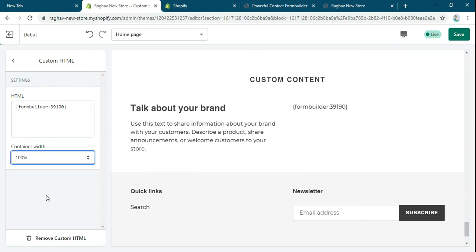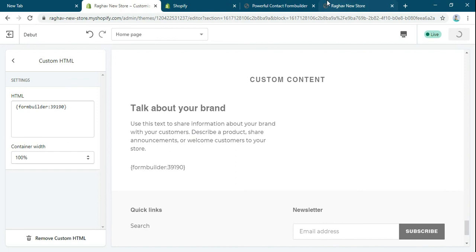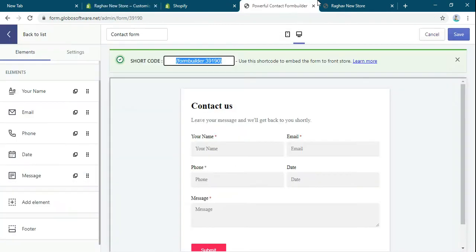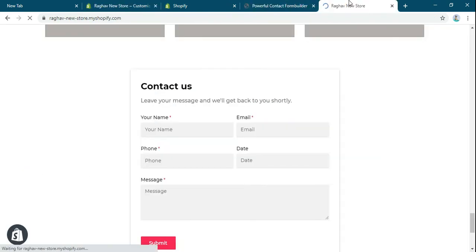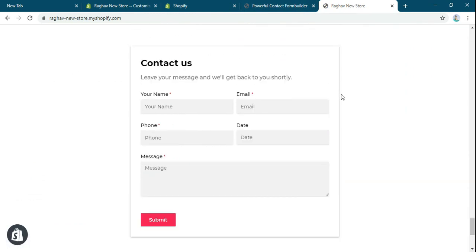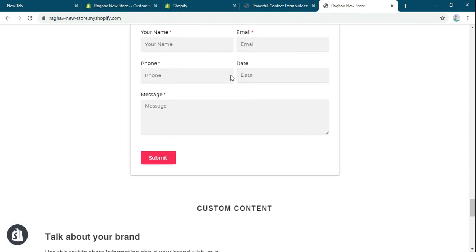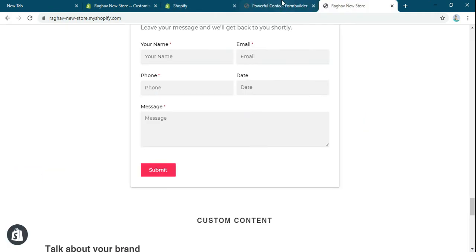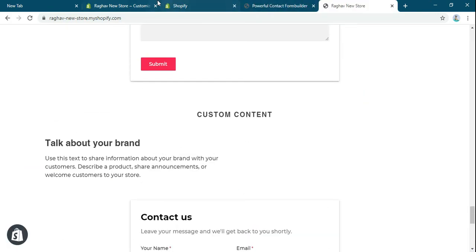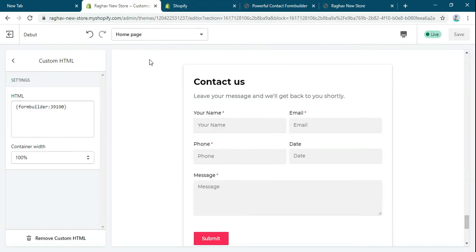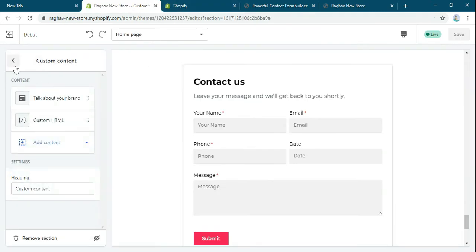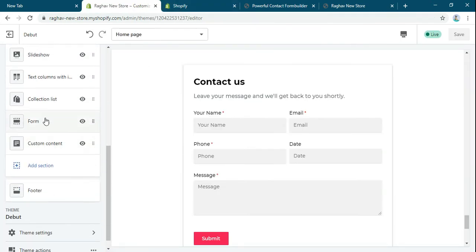Container should be 100. Click on save. See, two forms are coming here. One we have added using the shortcode, and another we have added from the form block.